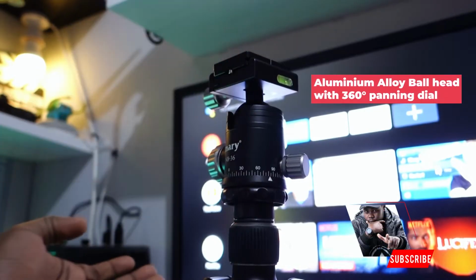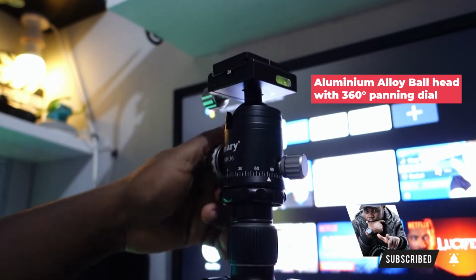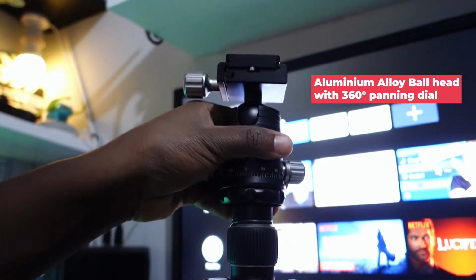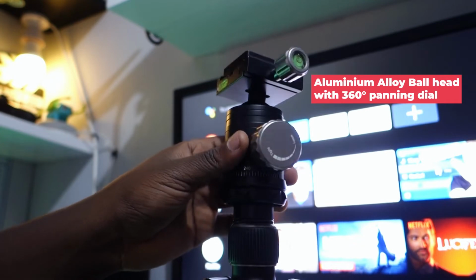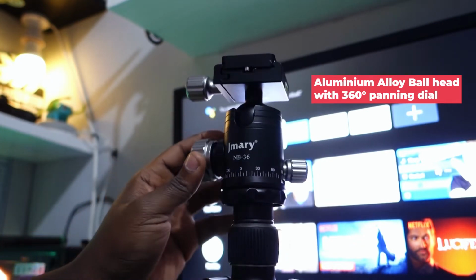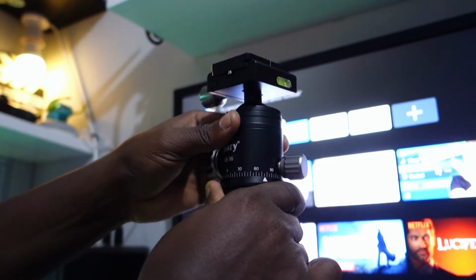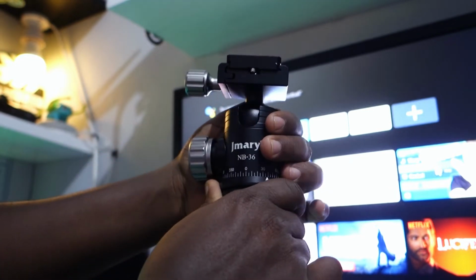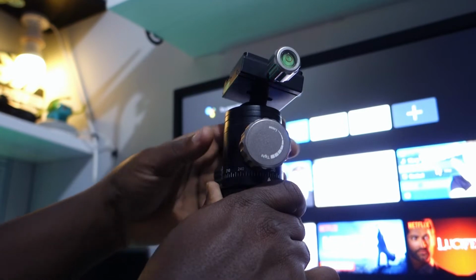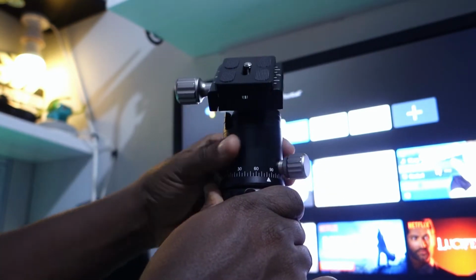So I just wanted to share something with you guys. You can see here we are at the top of this tripod. You can adjust a lot of things. You can rotate things here and there. As you can see, you can just rotate things and get that panoramic shot perfectly, very smooth. And lock it again, just this way, also on the end. And you can see here, you can just do this, but that feels so tight. You can release this thing here. This part here, you can release it so you can have